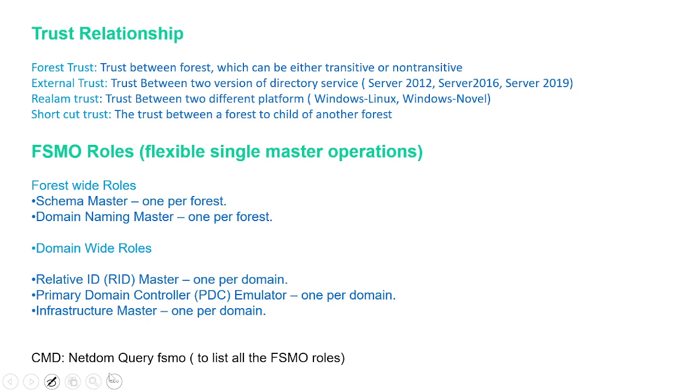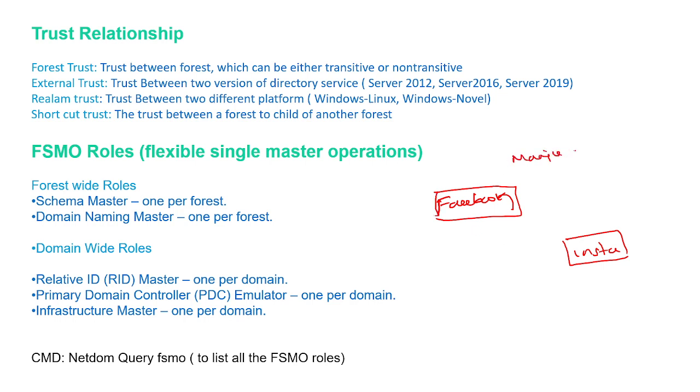Okay. So, say for example, here Facebook and here Insta. Now, a user called manju@facebook.com is trying to access some application, like http://videos.instagram.net. So now since the user belongs to facebook.com, but is accessing the application called instagram.com,